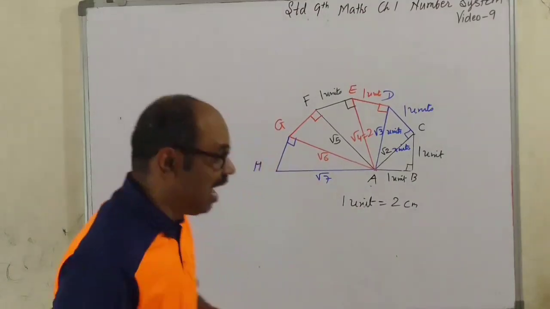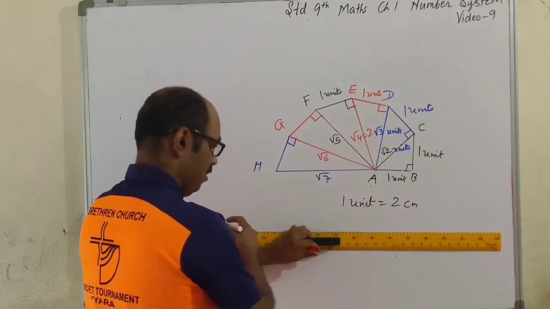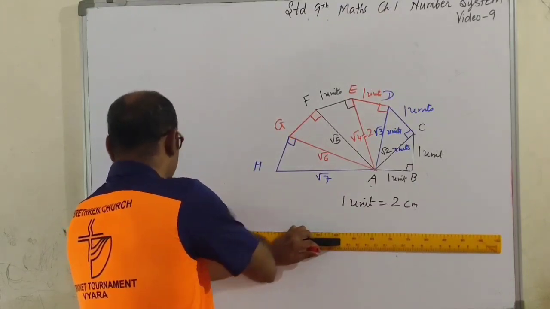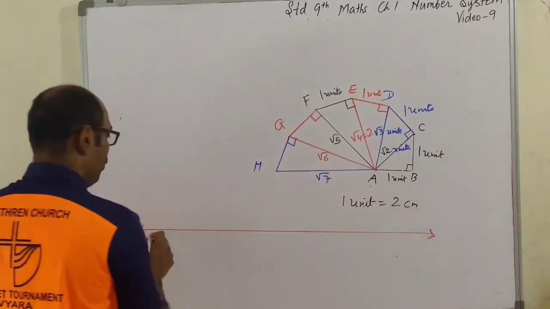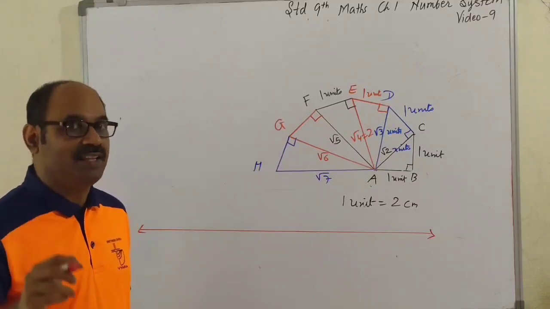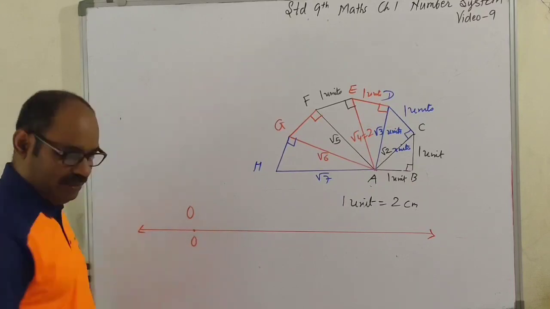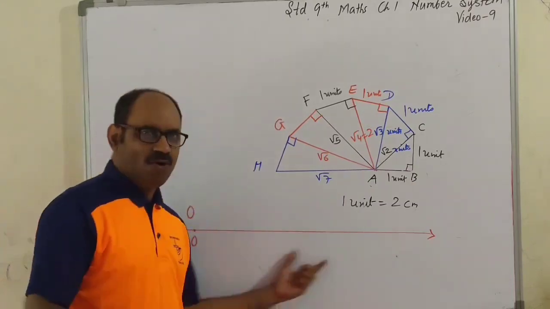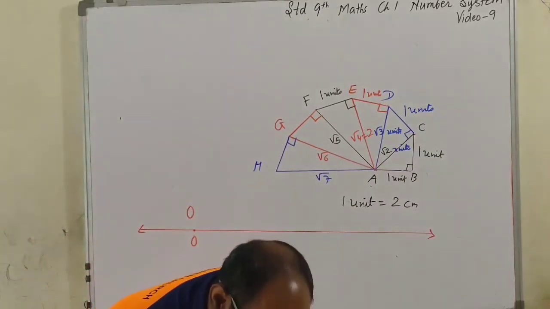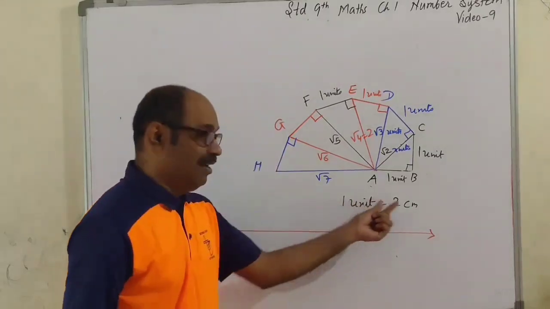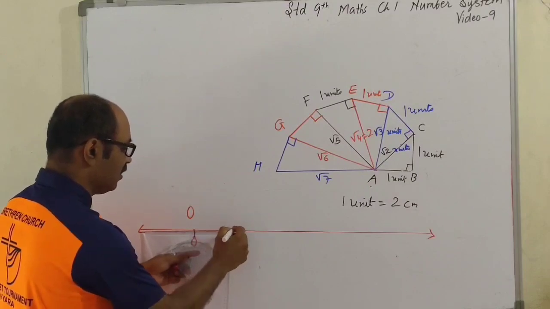Now you draw the number line below it. Alright. Below this figure. And you know, you need 0, 1, 2, 3. You choose this, call it O, and the number corresponding to it is 0. No calculation is needed here. 0, 1, 2, 3 should come here. But don't forget, you all had chosen 1 unit equal to 2 centimeter. For me, it's here. So this is 1.